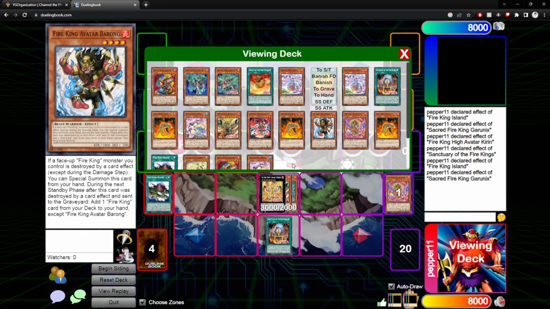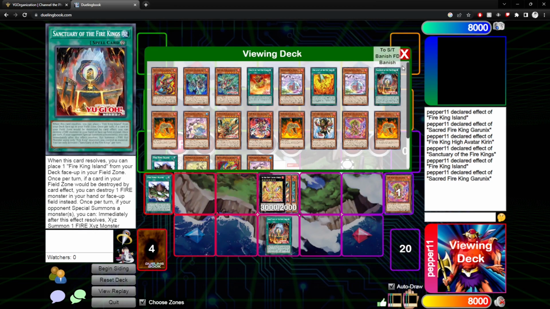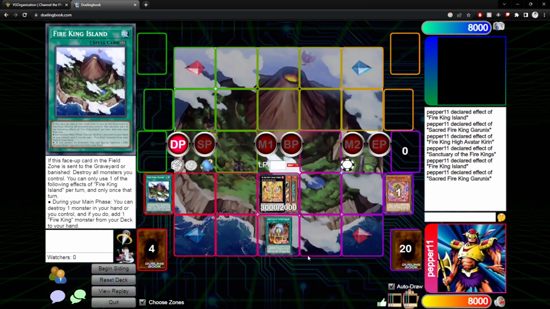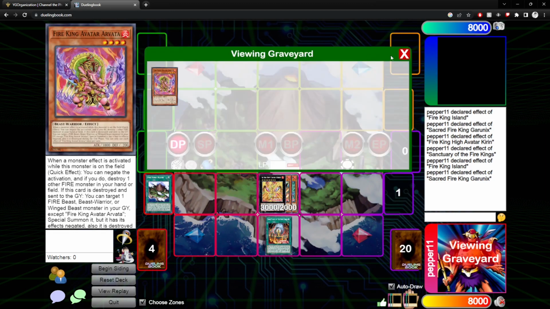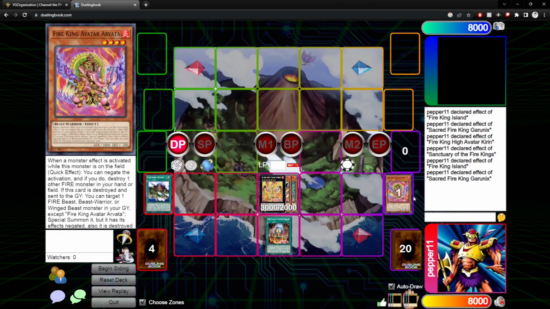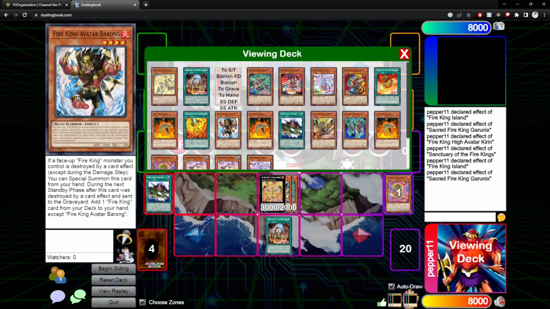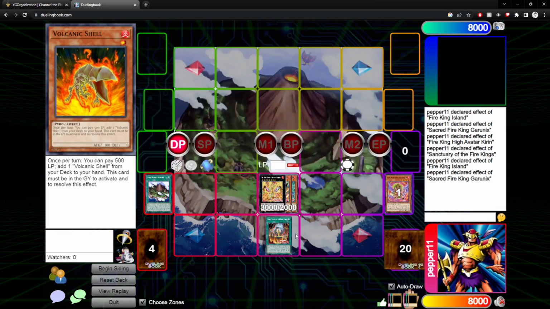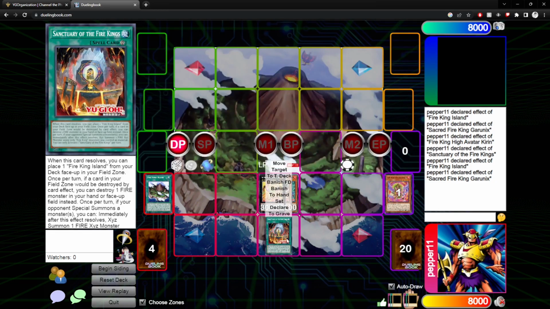So yeah, you can see there's pretty good ways to get to the rank 8. It's actually not super difficult. You just have to open either Sanctuary or Island, plus basically any of the old or new Fire Kings, which is pretty sick. And like I said, I'm really hoping that we get a searcher for Sanctuary specifically, because